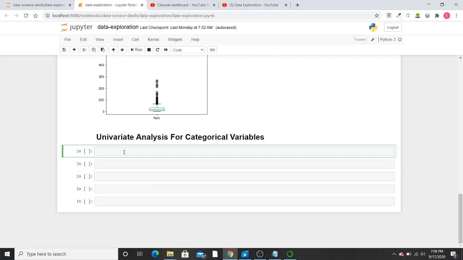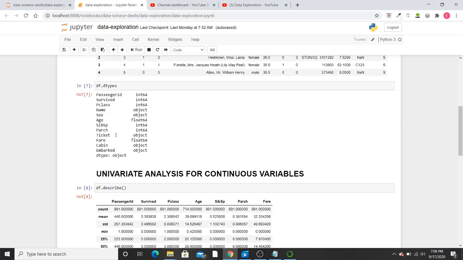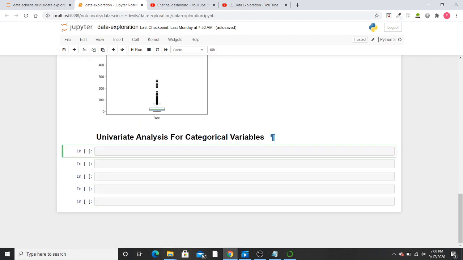Our pandas object name was df and the column that we are going to analyze is named sex. So it's df, the column name, dot.